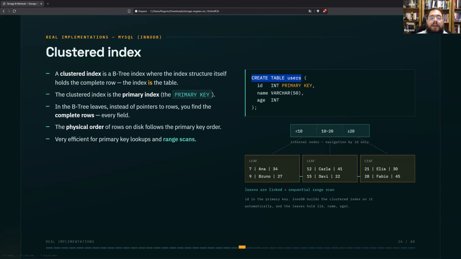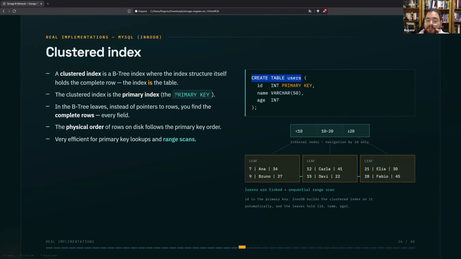The clustered index is the primary index, the primary key. And in the B-tree leaves, instead of pointers to rows, you find the complete rows. Like I said, a clustered index is a B-tree that is the table. The values you receive when you do a query come from the B-tree, and the physical order of rows on disk follows the primary key order.